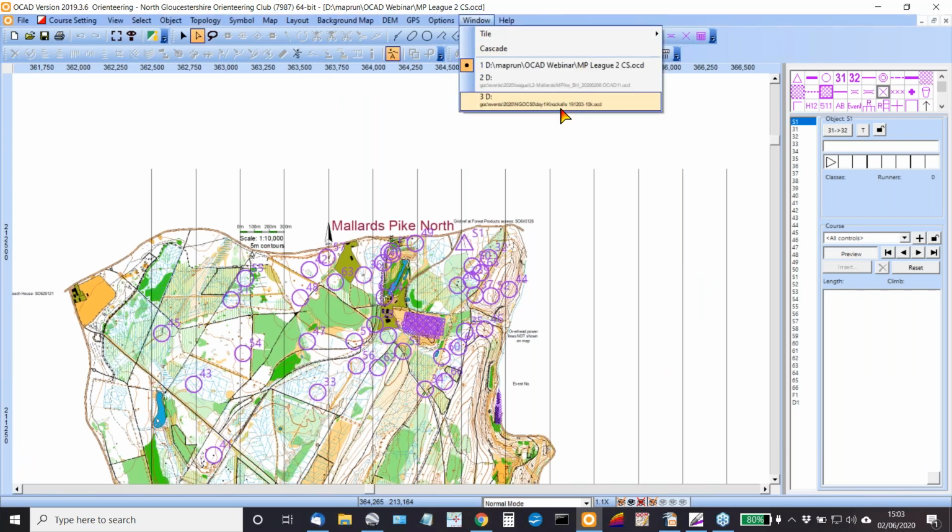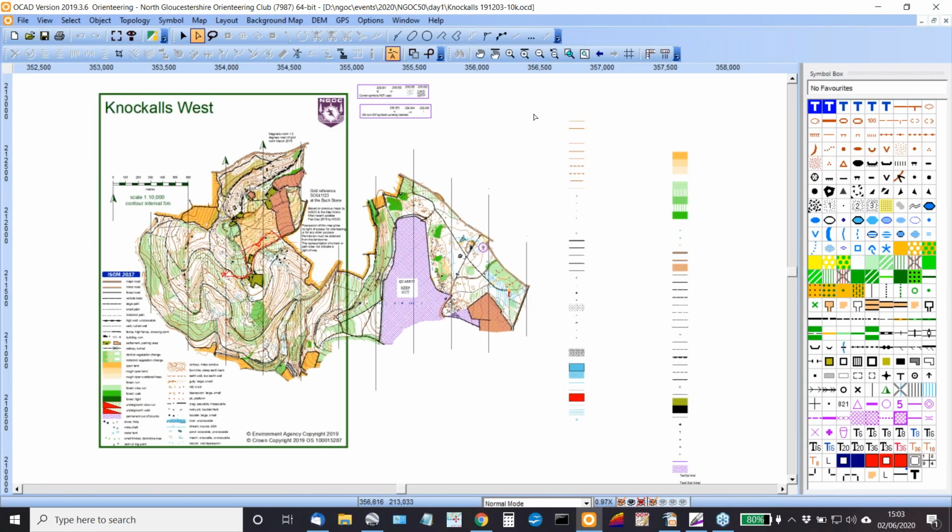That said, if I go back to OCAD a minute, I also have a map here which is slightly different in the sense that it's a different event. It's the map we ran in January. And here you'll notice that, again, we tend to keep a master map and then chop chunks of it out for the events that we want to organize on that area. But you'll notice here that the setup is somewhat different. There's a bit more